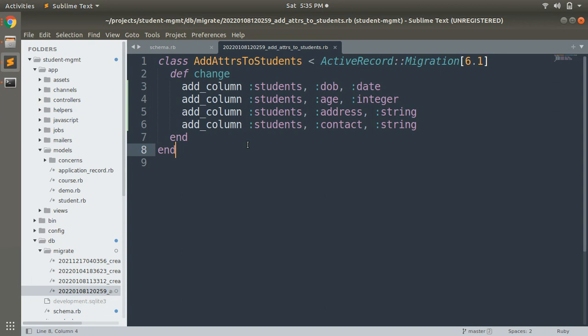Now we need to check how we can remove attributes from an existing table. So we will remove the age attribute here. Why? Because we already have date of birth in the students table, but we added the age attribute as well. If you have date of birth, then you don't need age as an attribute in the table.